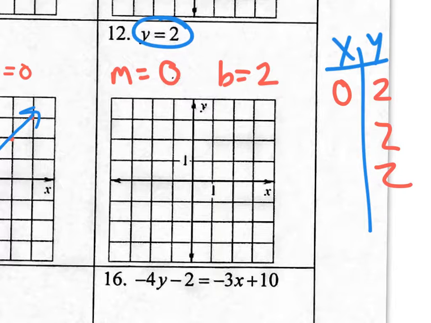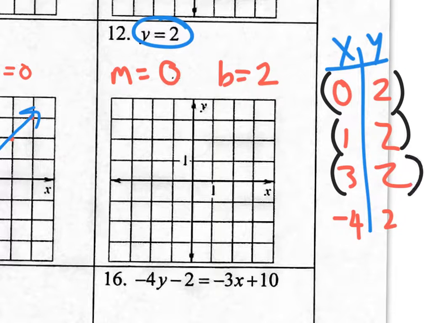So like, if I want to plug in 0, where would I plug in 0? There is no x to plug it in, so it doesn't really matter what x is because there is no x in the equation. x could be 0, could be 1, could be 3, could be -4, whatever. But your y values have to be 2. So if you want to think of it in the form of XY table, go for it. The only thing that matters is that your y values are 2 and your x values could be anything you want. Now when you graph these coordinates, what coordinates? The 0, 2, the 1, 2, and the 3, 2, and the -4, 2, or any number, 2,